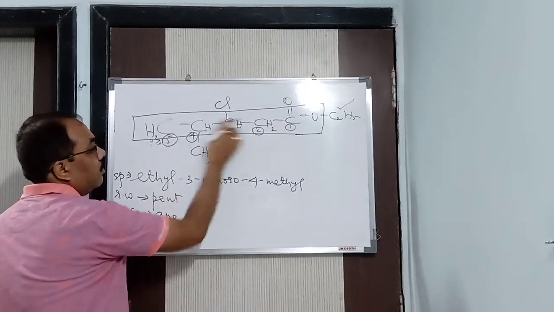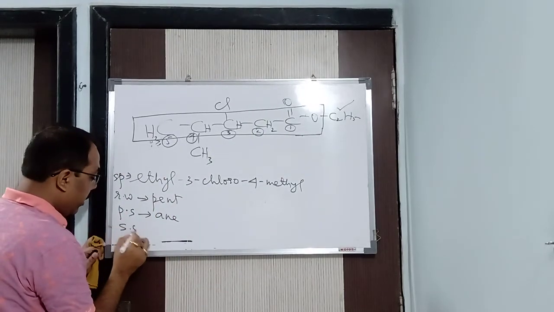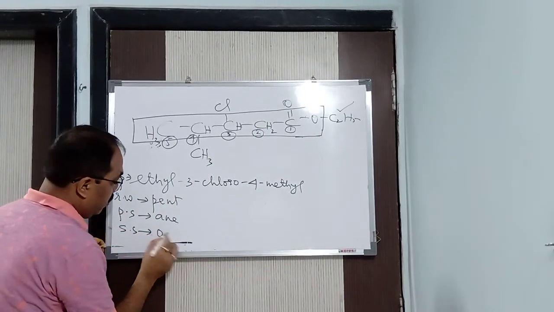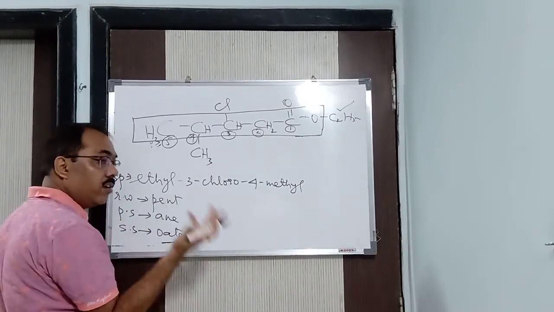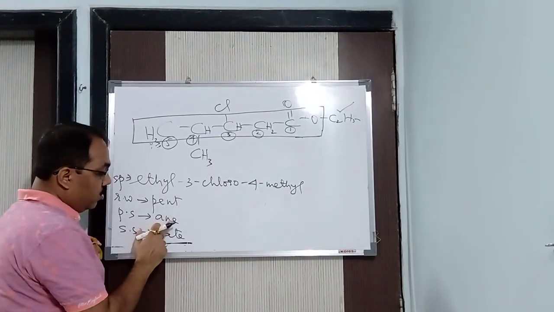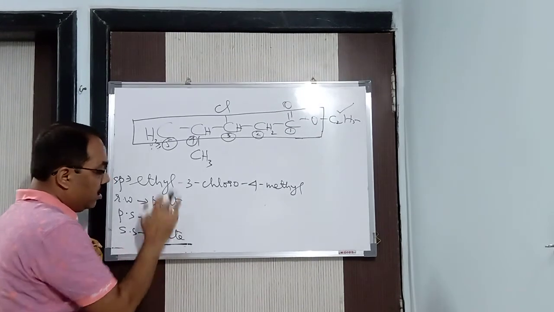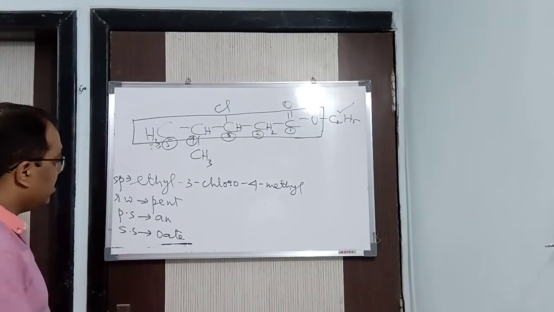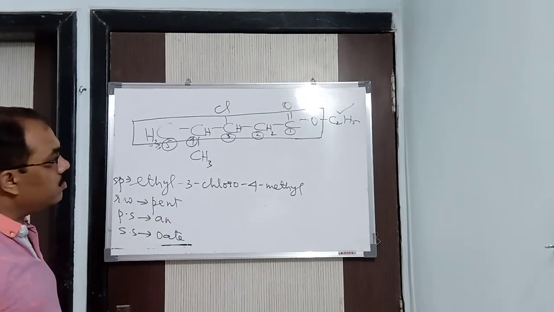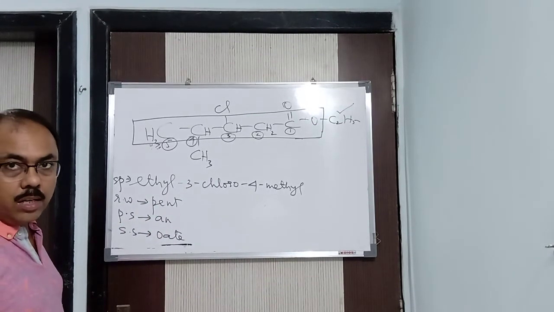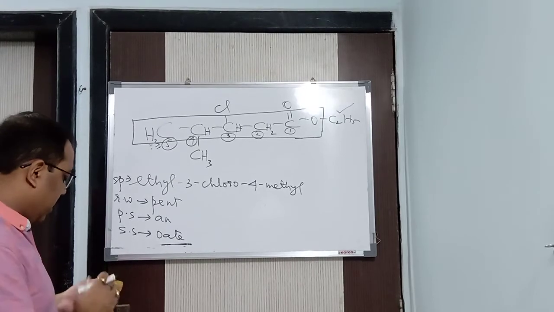All single bond. Carbon, carbon, single bond, you can see. Secondary suffix. Secondary suffix is what? OH. Which position OH? One OH. You may write one or you may not write. I told you earlier also. So here E and O both are vowels. So E is removed. So what we got the IUPAC name? Ethyl 3-chloro 4-methyl pentanoate. This is the IUPAC name. We got it for this particular compound. I hope you understand it.